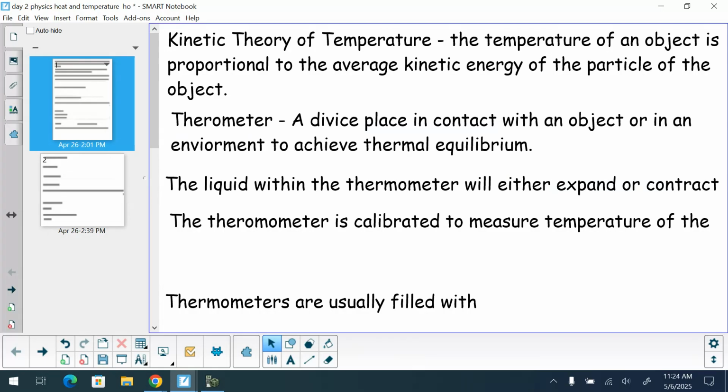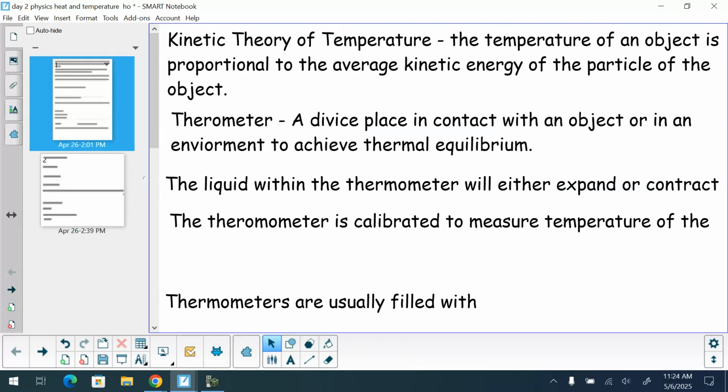If you're not feeling well, your parents may ask you to take your temperature, or you may do it yourself. Well, how do you take your temperature? You get your thermometer out, you turn it on first, you put it in your mouth until you hear the beep, and then you pull it out and look at the temperature.